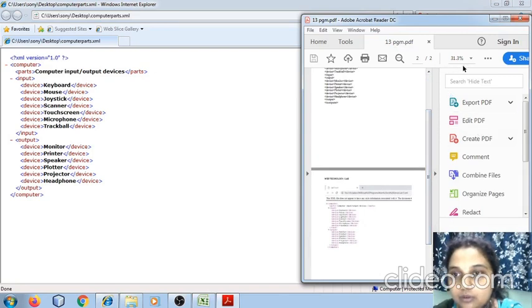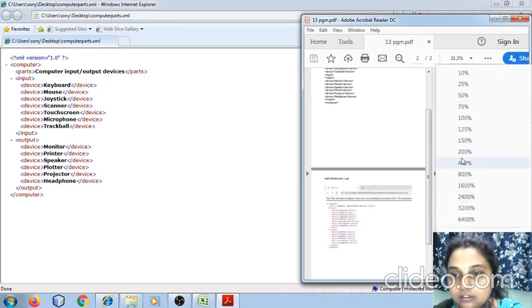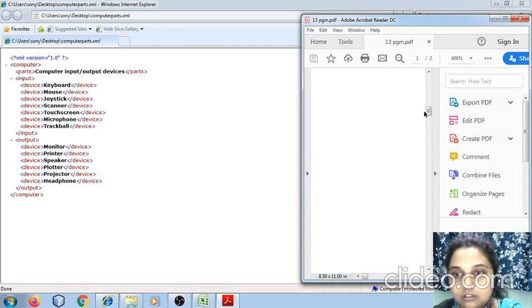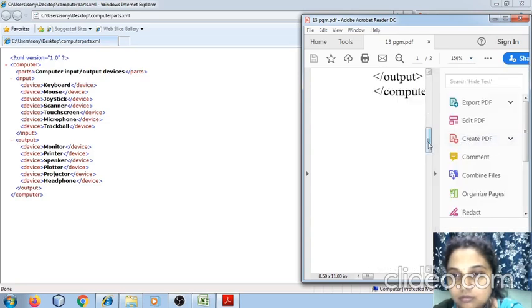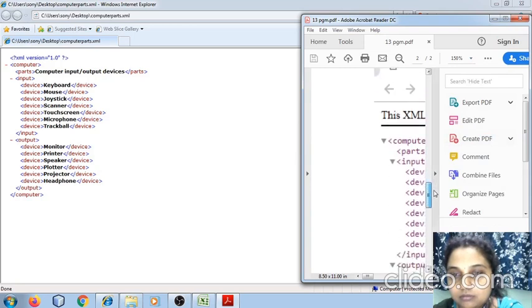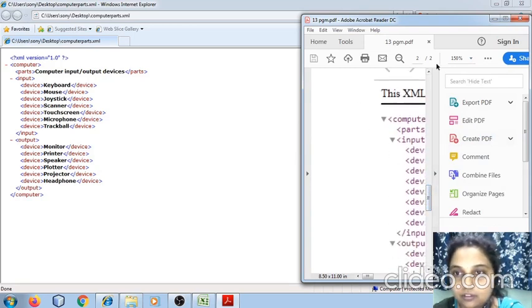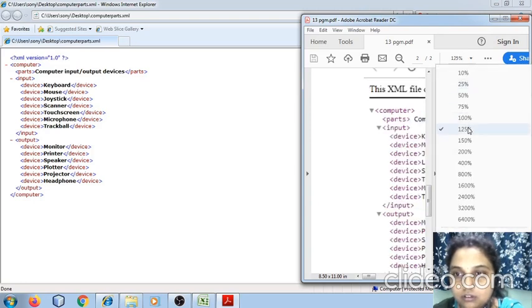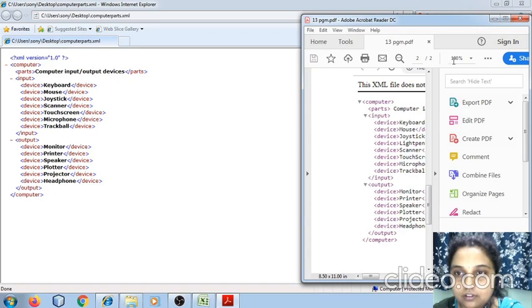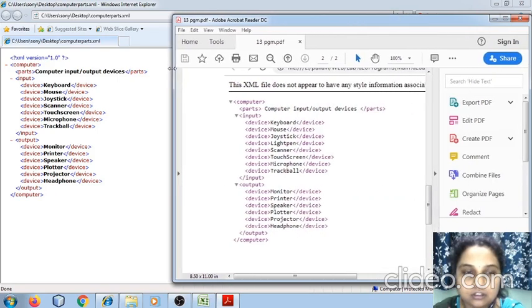So let me zoom it. You can see similar, right? Okay. So this is just a raw XML document.